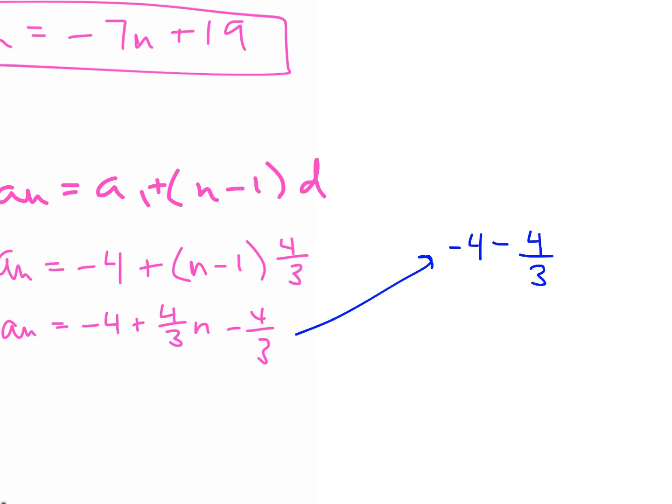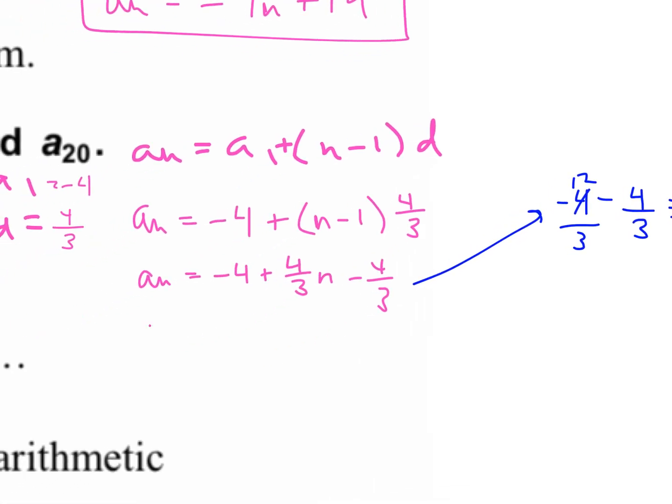But I need my -4 to have a denominator of 3 in order to combine these. So I'm going to multiply the top and the bottom by 3. So this becomes -12/3. So -12 minus 4 is -16/3. So my formula here is a sub n is equal to 4/3 n